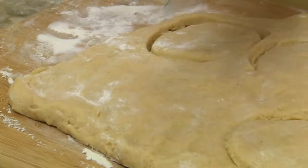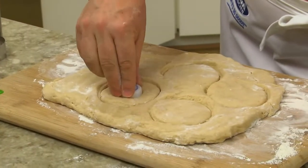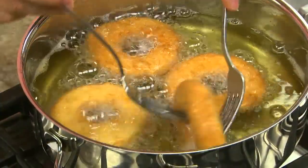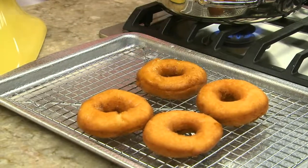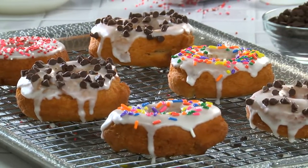After flattening this to about a half inch thick, we cut out our donut shapes using a drinking glass and the cap from a water bottle, or easier yet, a donut cutter if you have one. We fry them for a few minutes until they puff up and are golden. Then we drain them on a wire rack. After they cool, spoon on a simple powdered sugar glaze and finish them off with anything from mini chocolate chips